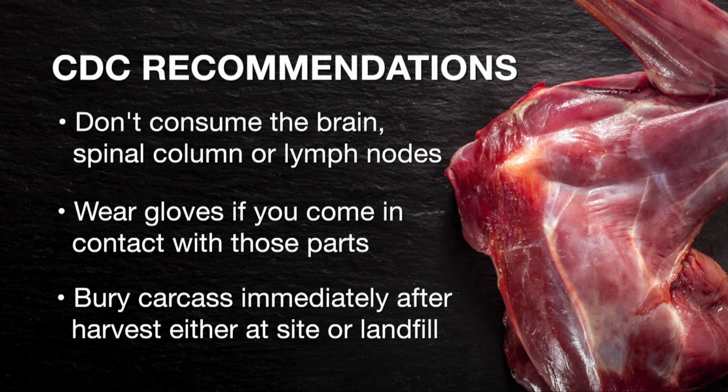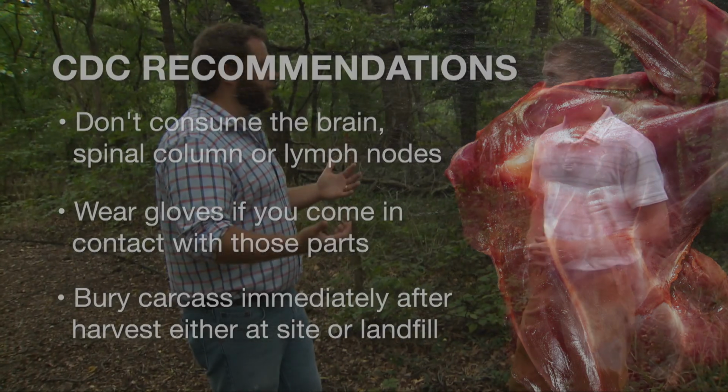In fact, they recommend you don't even come in contact with those parts of the animal, and that you wear gloves at all times. So if you harvest an animal that is even close to a CWD area, we recommend that you only take the muscle tissue, that you wear gloves while you're handling it, and then again properly dispose of that carcass, get it underground, either buried at the site or in an approved lined landfill. And so we're not sounding the alarms here, the sky's not falling, but it is a concern for the